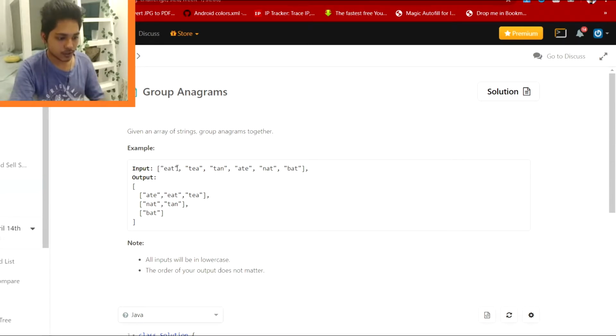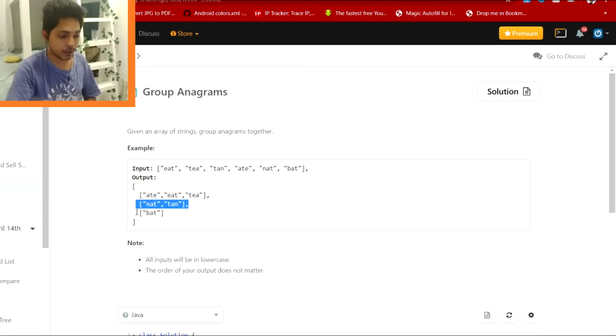Now in the first example it was eat, tea, and ate, and in the second it was tan and nat. And then again it was bat. So that is how we have to group. We are given an array, and then we have to make a separate array, and in that array there will be another array of groups of words.